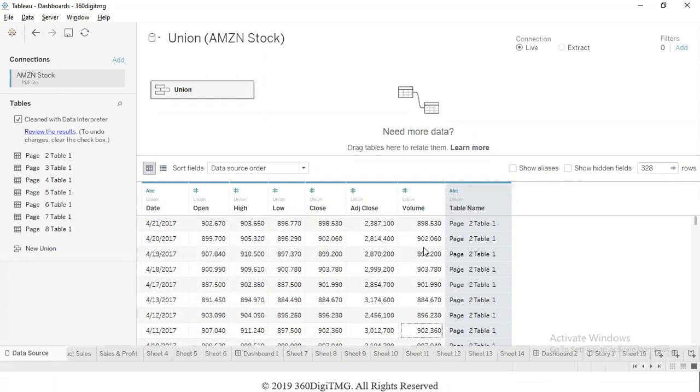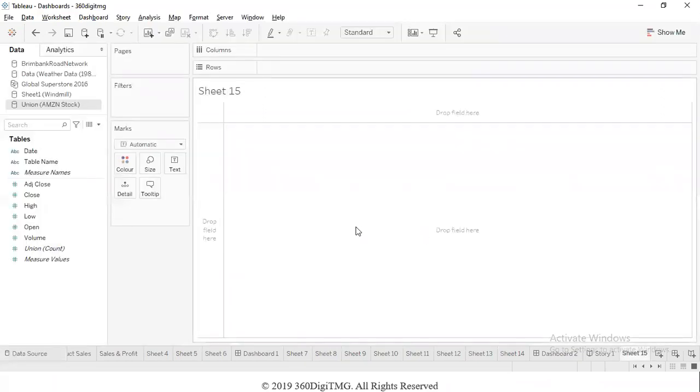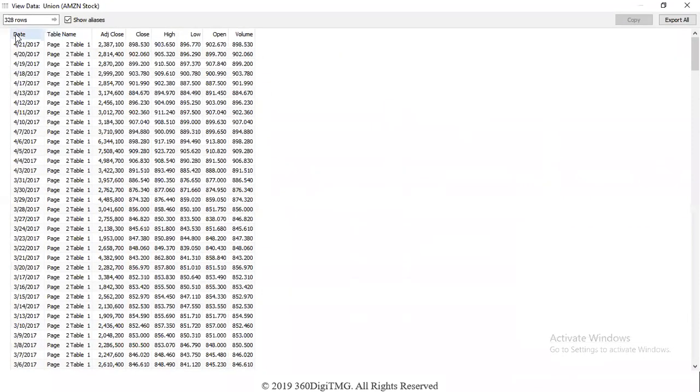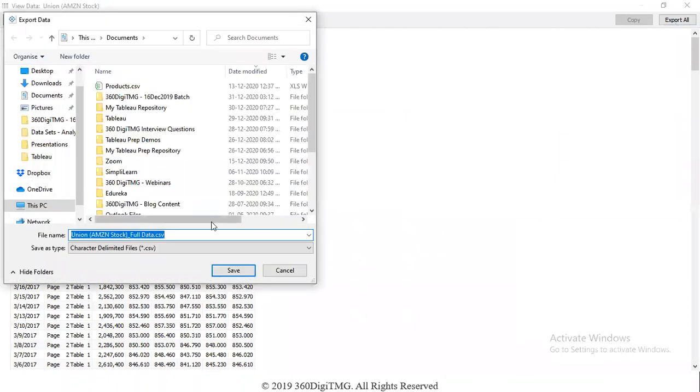Now, after taking the data, let us say you have created some report, or even you don't want to create a report. You just want to send it to an Excel. You brought the data from PDF, and now you want to send the data to Excel. When you click on this icon to view the data, we will get all the data listed out here, which we can simply export using export all. It will send in the form of a CSV file.